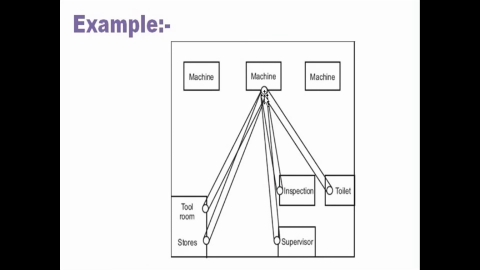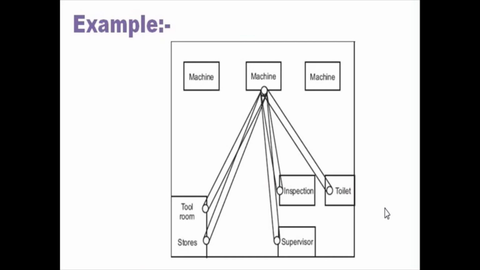So the worker is moving from the machine to the tool room to collect the tool, to the store to collect the material, to the inspection room to inspect the job, to the supervisor for consultation, to the toilet. These movements are easily shown with the help of different strings. Even colored strings are used in such string diagrams. When there are repetitive actions, this type of string diagram can be used, and depending on the density of the strings for particular paths, the plant layout can be improved again, so that there will not be traffic congestion or backtracking issues.